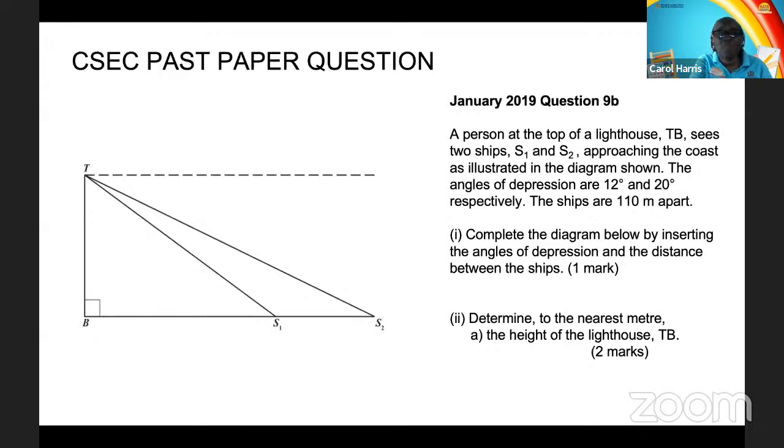The angles of depression are 12 degrees and 20 degrees respectively. So the angle of depression to ship 1